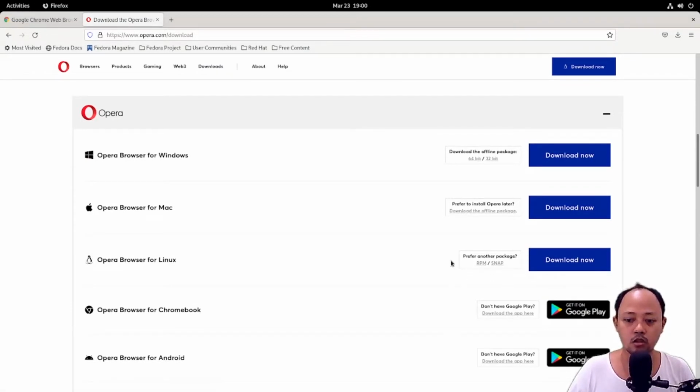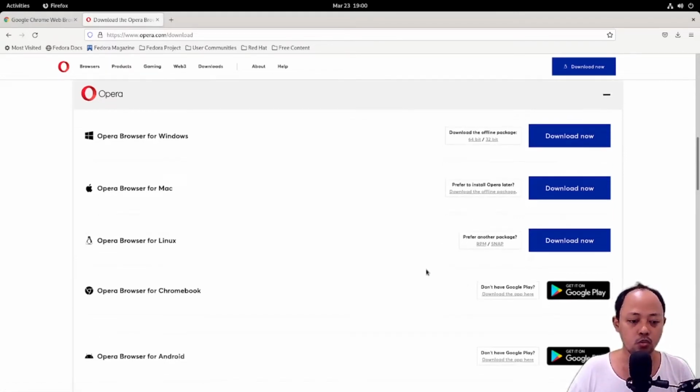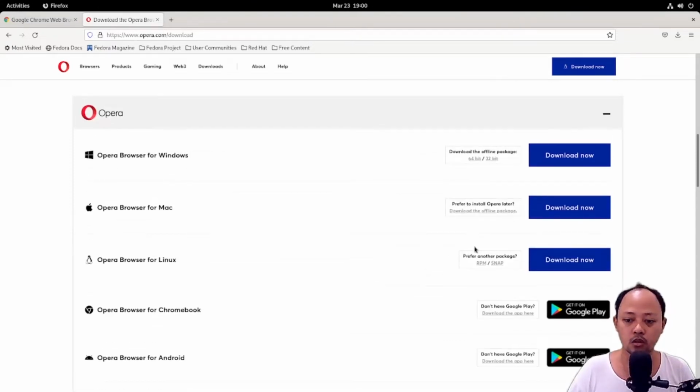According to this page, we can install Opera from Snap Store, or we can download the RPM package. Maybe for Ubuntu, you can install it from Snap Store.